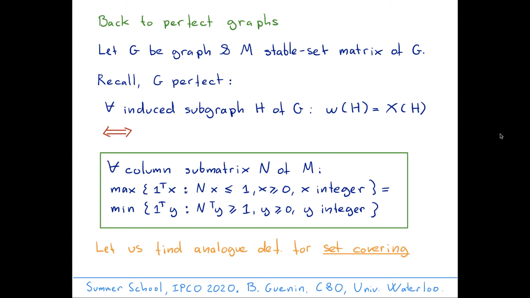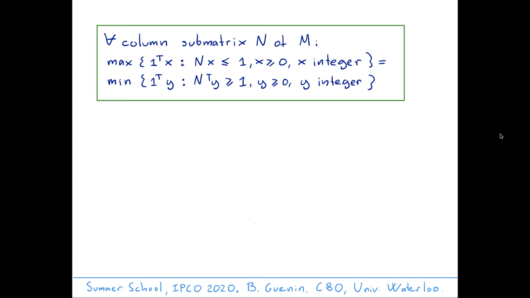Okay, so what I'd like to do is to find an analog of that definition for set covering. Right, so this is our definition there. So what does it mean to look at column submatrices? Well, we're looking at a containment operation that preserves perfection. So we would translate that column submatrix operation into minors,